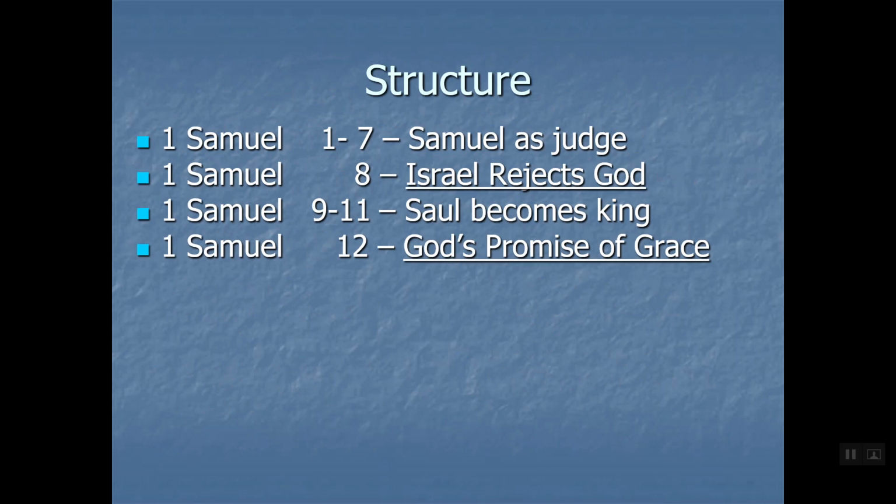Then we get to the next key chapter in Samuel, 1 Samuel 12. And that's where God, again, responds. He responded to the dreadful appendix of Judges by providing Samuel and by saying, I'm going to be your God like I was when you came out of Egypt. They went even lower, asking for a king, so he let them have the king they wanted. He let them remain in the wickedness of the dreadful appendix with their new king Saul, but now God's not going to let them just live there. He's going to provide grace, and that's what chapter 12 is about.